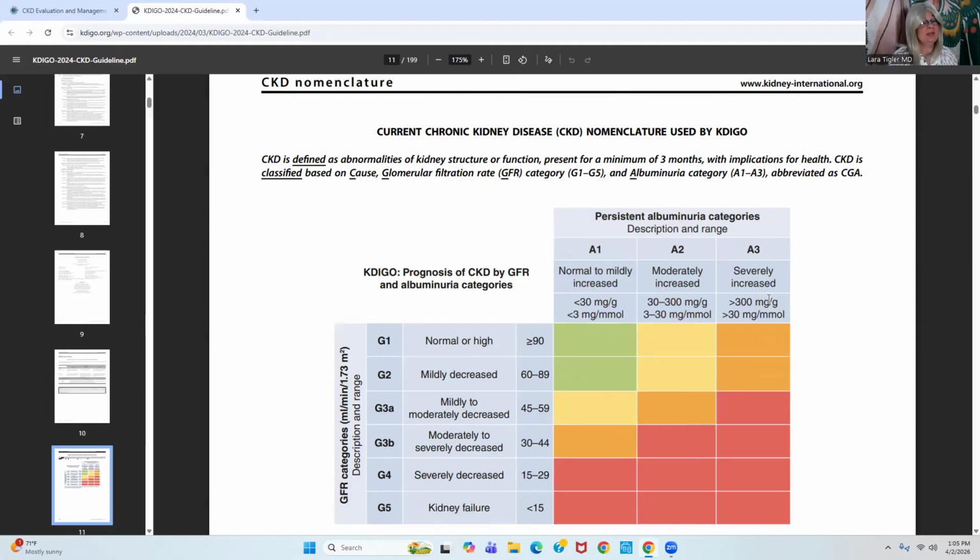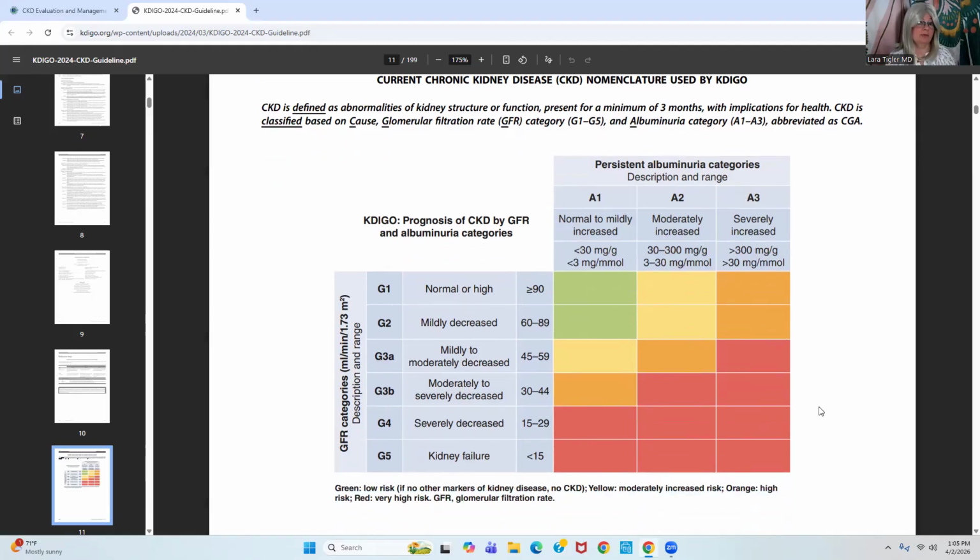So that's why I'm doing this video, to show you what many of us doctors in the United States are now looking towards, the KDIGO guidelines. And so here is a really nice, colorful graph to show you. Now they use the letter G on the side here. I think that's misleading. It stands for glomerular, but the 1, 2, 3, 4, and 5, those are stages. So you have chronic kidney disease stage 1, 2, 3, 4, and 5.